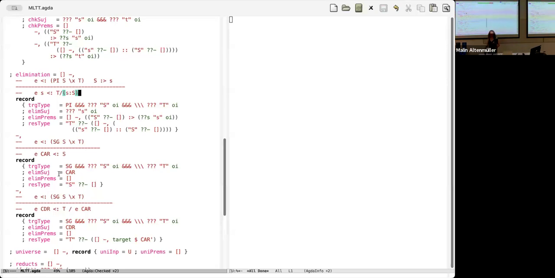Could you just remind us what the OI does exactly? I can tell you approximately and be more exact later, but when a pattern variable is in scope of some binders, you are allowed to write a pattern which says, I'm going to reject things which make use of some of these variables.